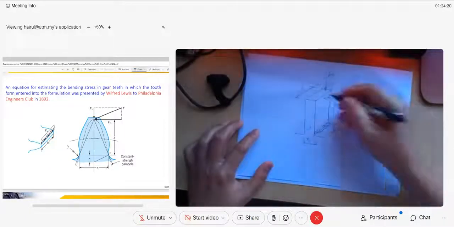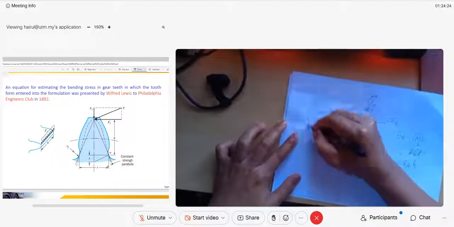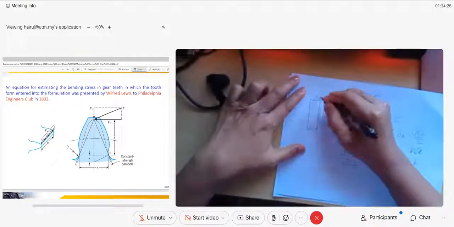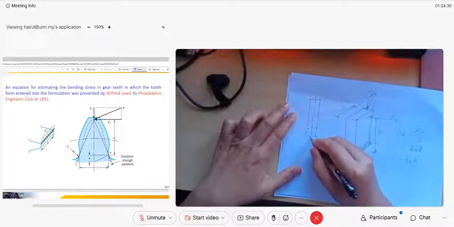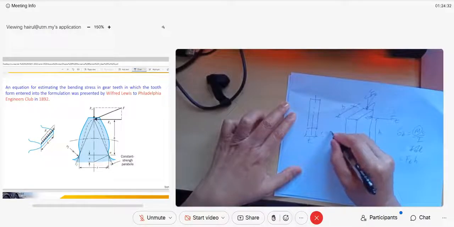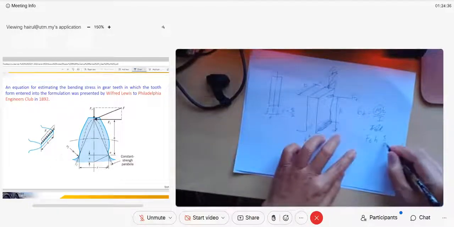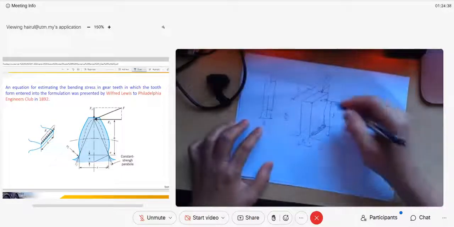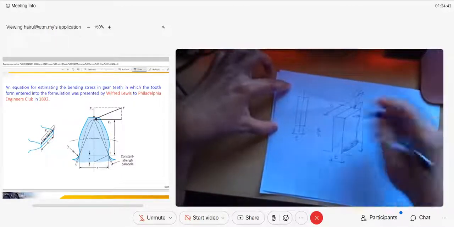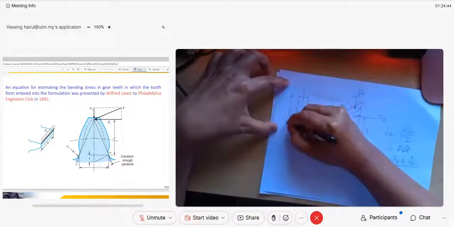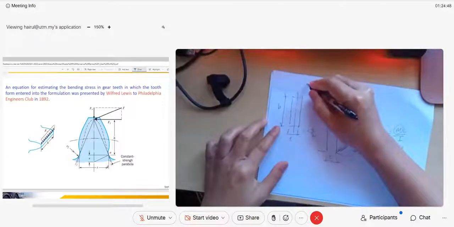C is, because it is a cantilever beam, the cross section is a rectangle. So we take this as the neutral axis. Since the thickness is T, your C is T over 2. And what is your I? If you look at this rectangular cross section, the face width will be your